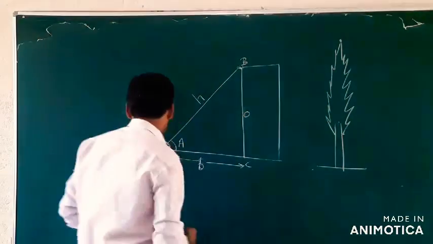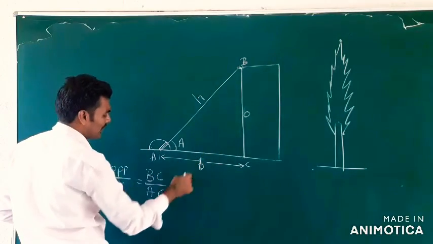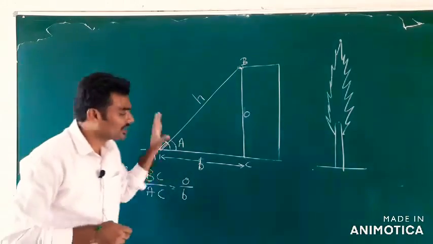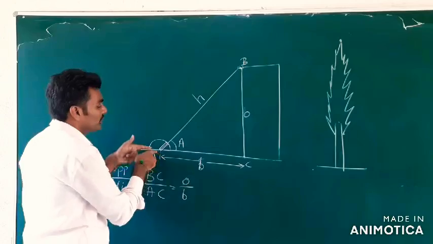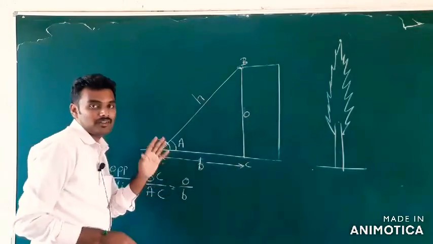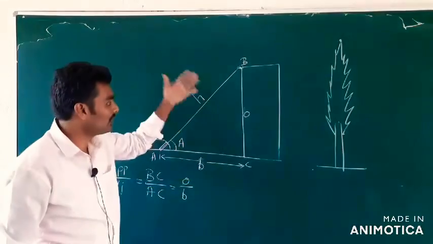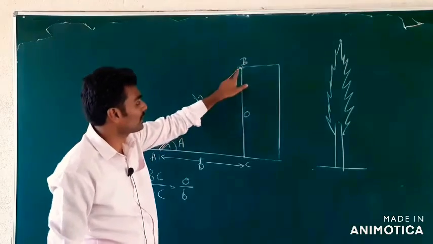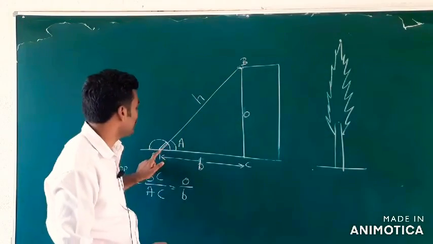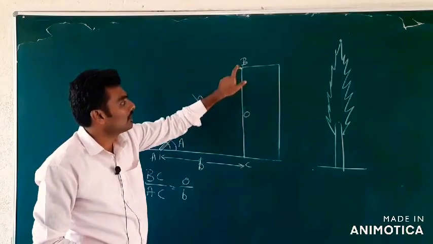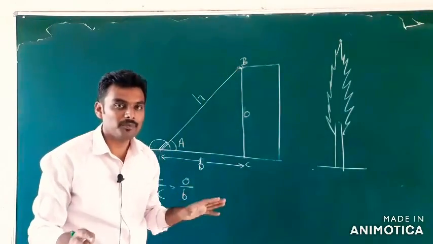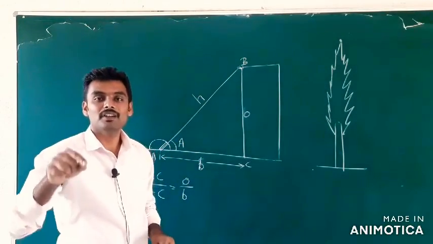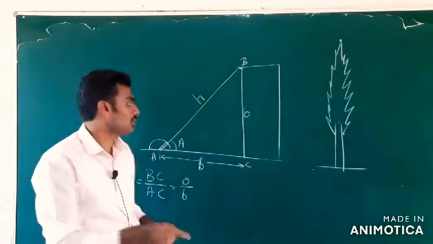Clear with this? So, now BC by AC, we can name them as O by B now, opposite side by base. Okay. So, we will demonstrate the same thing now. Practically, we are going to take the distance AC and sorry, I can't give you the entire building's height this time. Because it's about taking the point from this using the laser, keeping it on the ground and taking the projection here. It is a bit difficult, but we will prove this in this room itself. Okay, in this classroom, we are going to prove what I just taught you.